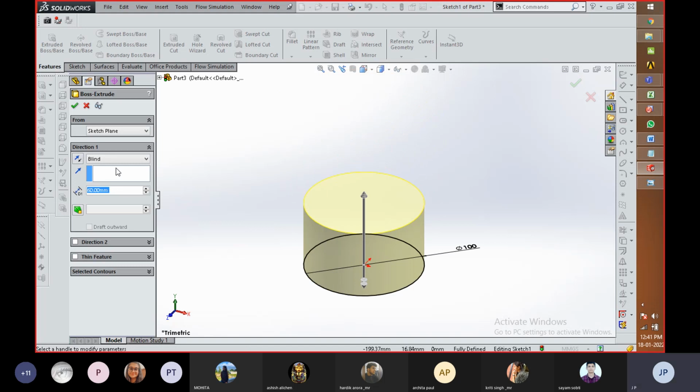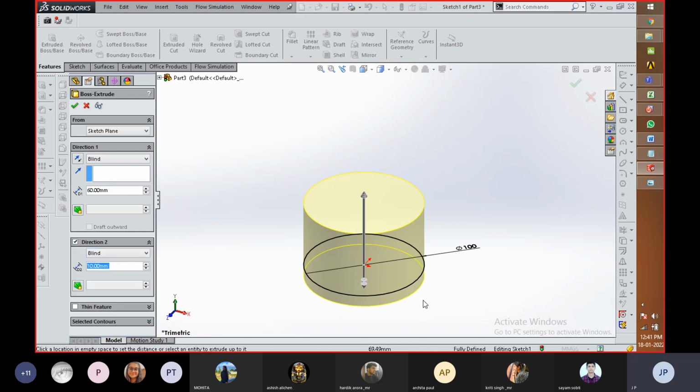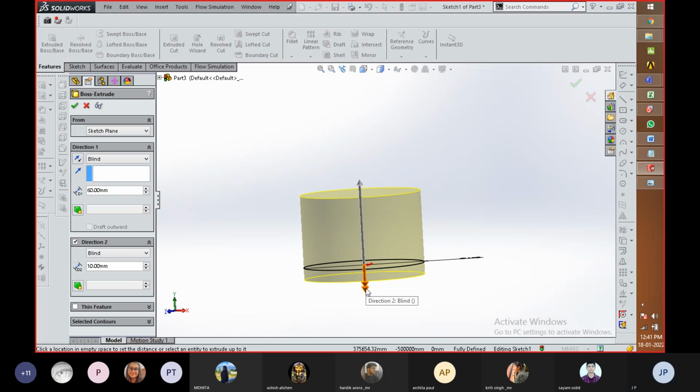Okay, the other thing is that you can add material to the other side by clicking over here, and the dimension can be varied in the same fashion. So with the help of this tool, you can see there is a height of 60 millimeter on the upside and a value of 37 millimeter on the downside. So with this, you can create a cylinder or whatever profile you need, and the dimension of both sides can be varied with the help of this Direction 2 feature.